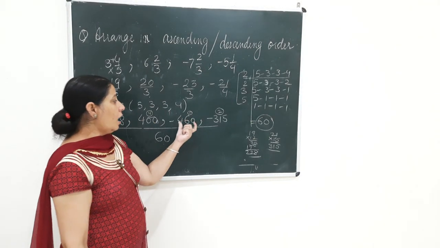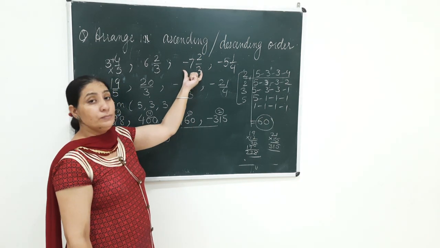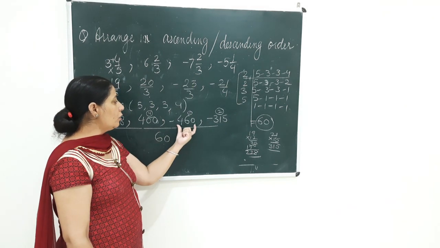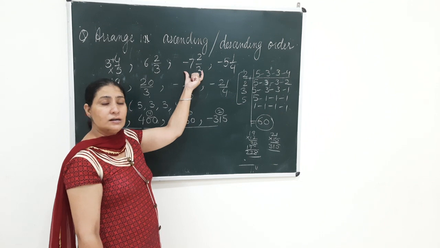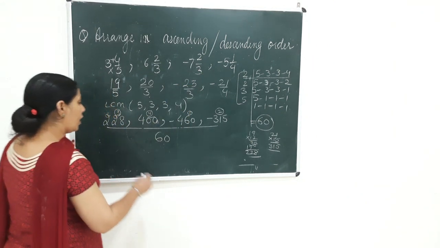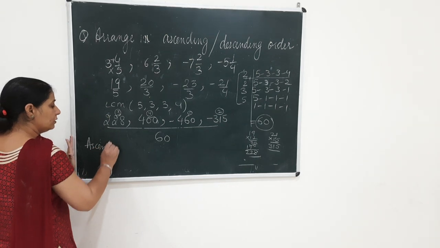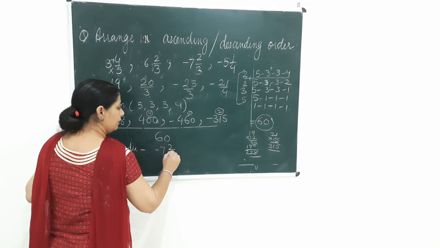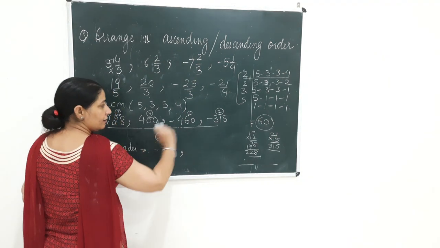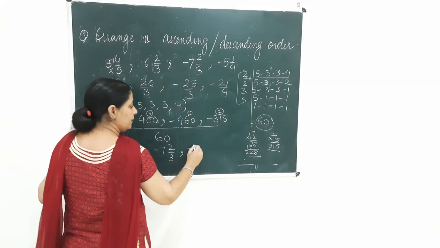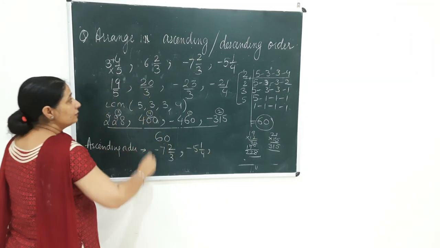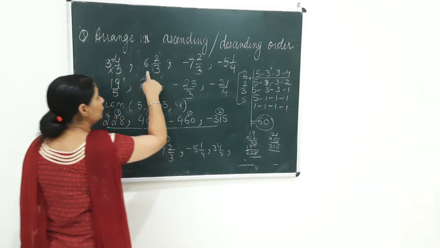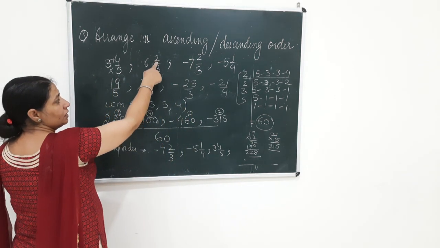Now what to do? How did you get this number? This number you got from this one. This number is actually, after solving it, simplifying, we got from the third place. And what is the third number? Minus 7 by 23. So how will I write? First of all, let me write here the ascending order. What is my ascending order? The smallest number is minus 7 by 23. Okay, beta. Then the second position was this one, so it is minus 5 1 by 4. Right? The third position I got from the first number, that was 3 4 by 5. And the fourth position I got was from this number, which is 6 2 by 3.